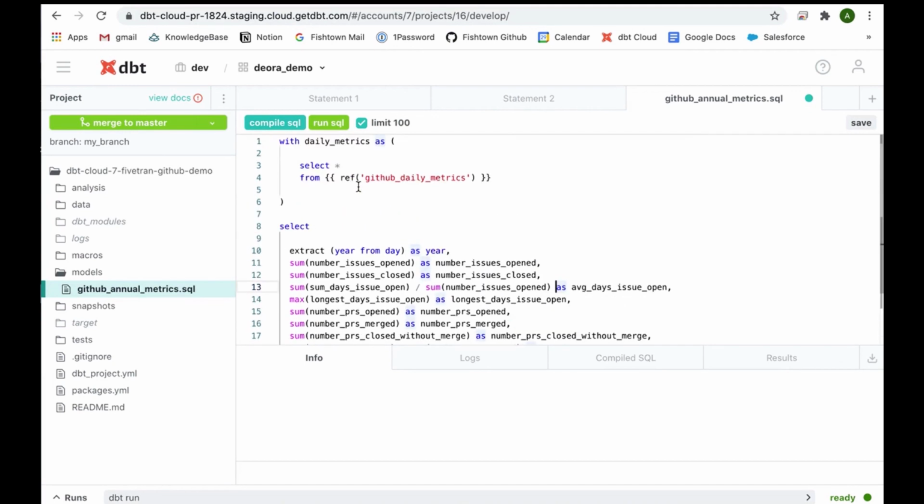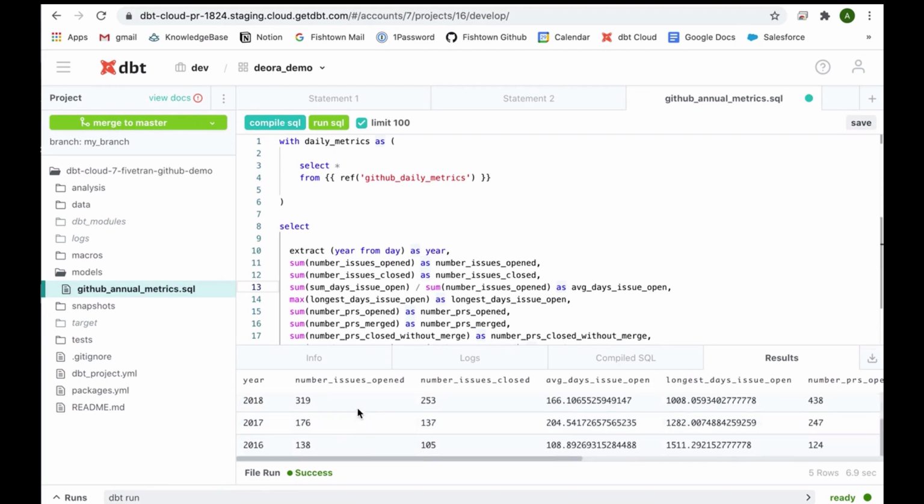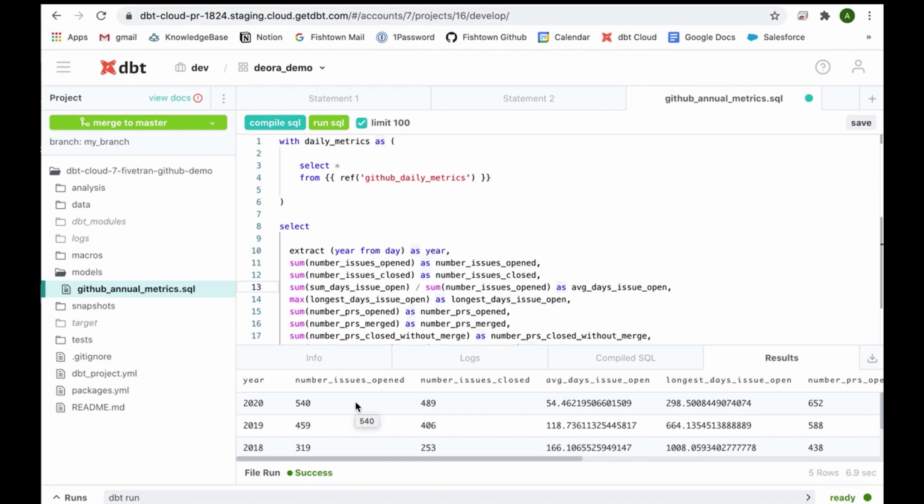Okay, so I've done that. So I'm going to go ahead and run my SQL here and see what I get. What's great about this is after I make this new data model, every time that I run my project by typing dbt run, this model is going to compile with the rest of my models. So I have this model that I can use on top of my package as well. I see that I have this compiled, and I see in SQL I have these results here. And I can actually also download this as a CSV if I would like to do that.